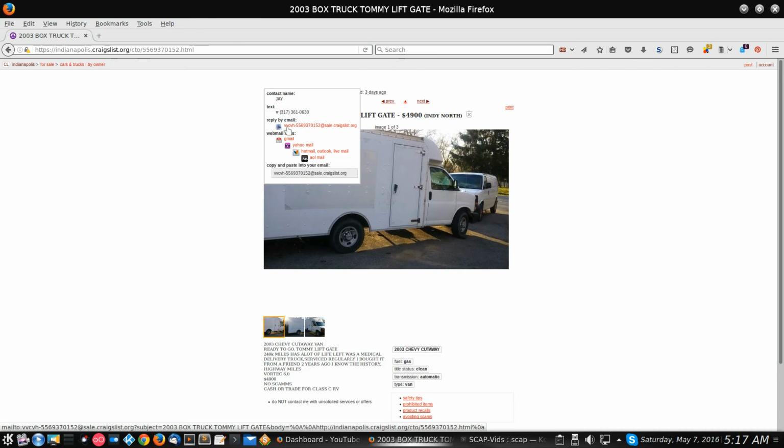You can also reply to them and send them an email message, like this one right here where it says reply by email. If I click on that, it will open up my email client and basically set it up so that I can just email them. And if that doesn't work, if you're using webmail, there are these links down here. If you're using Gmail, you can click on that one, Yahoo Mail, Outlook, Hotmail, Live Mail, AOL. They've got those listed here. You can use those if you're using those specific webmail services.